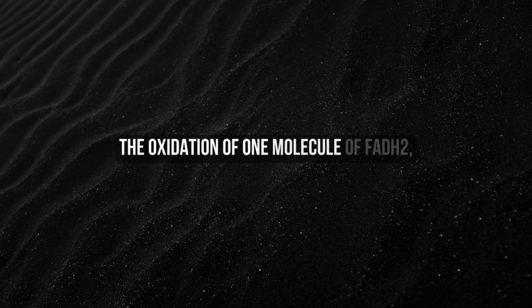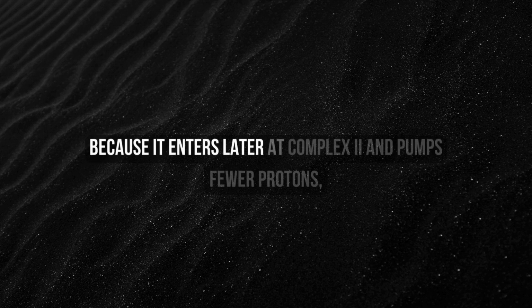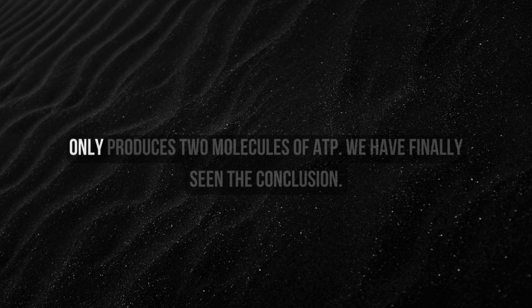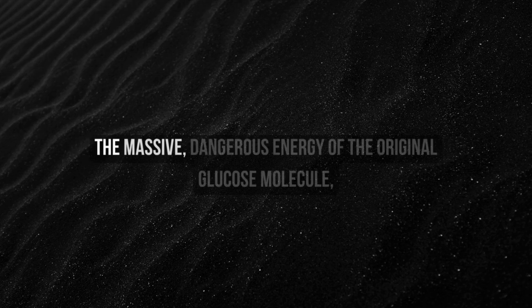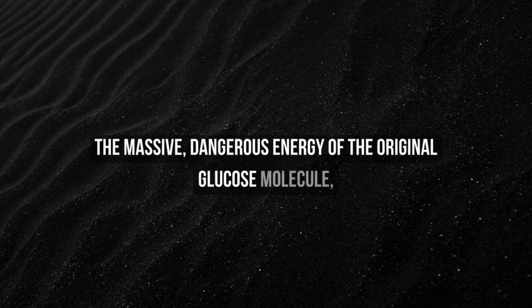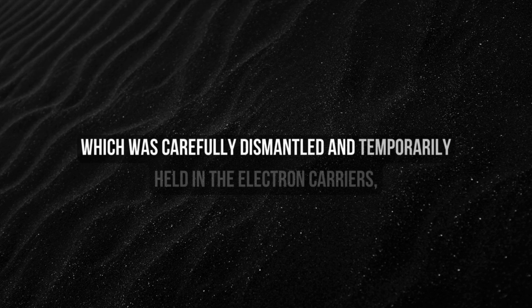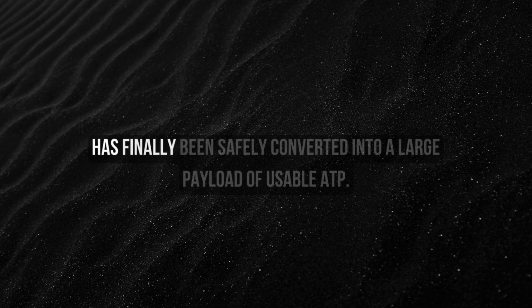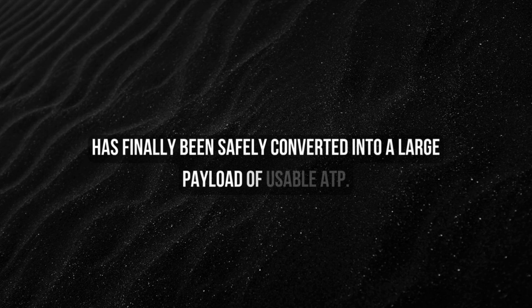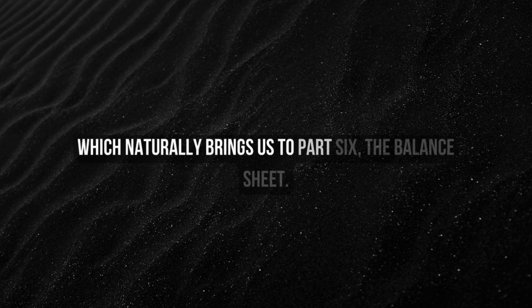The oxidation of one molecule of FADH2, because it enters later at complex 2 and pumps fewer protons, only produces 2 molecules of ATP. We have finally seen the conclusion. The massive, dangerous energy of the original glucose molecule, which was carefully dismantled and temporarily held in the electron carriers, has finally been safely converted into a large payload of usable ATP, which naturally brings us to part 6, the